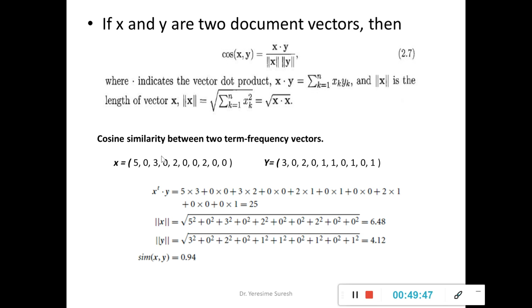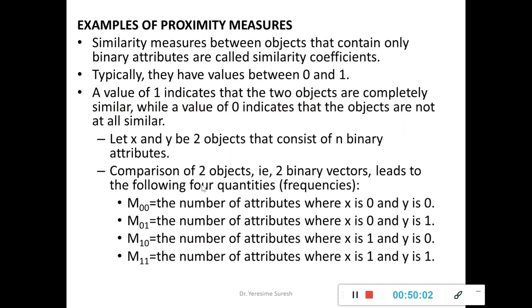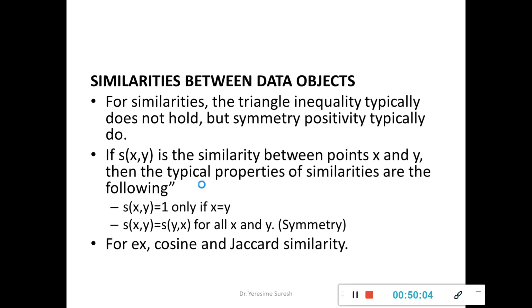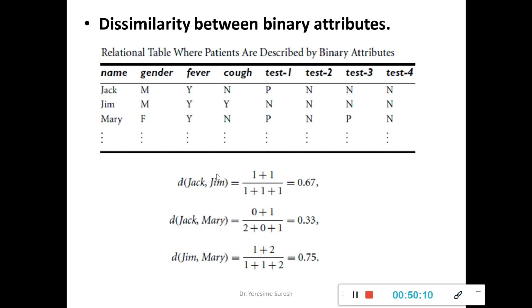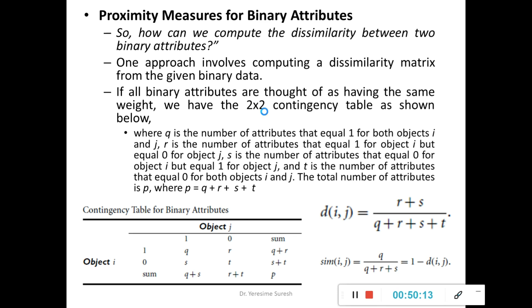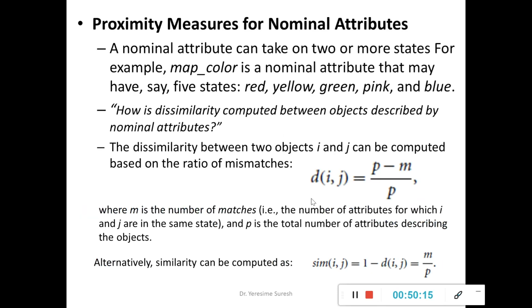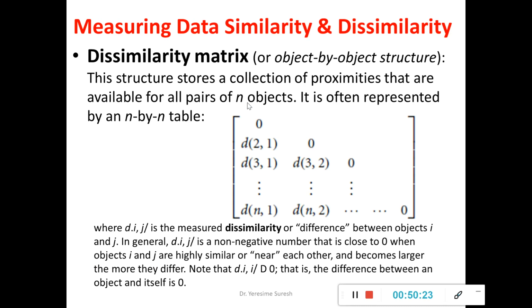That means there is significant dependency between document x and document y. So these are the measures that we have seen: cosine similarity for text documents, Jaccard and simple matching coefficient for binary data, as well as Euclidean distance, Manhattan distance, Minkowski's distance, and the dissimilarity between binary objects, nominal attributes, and ordinal attributes. They are all proximity measures in terms of distance for measuring the similarity and dissimilarity with respect to the given data.